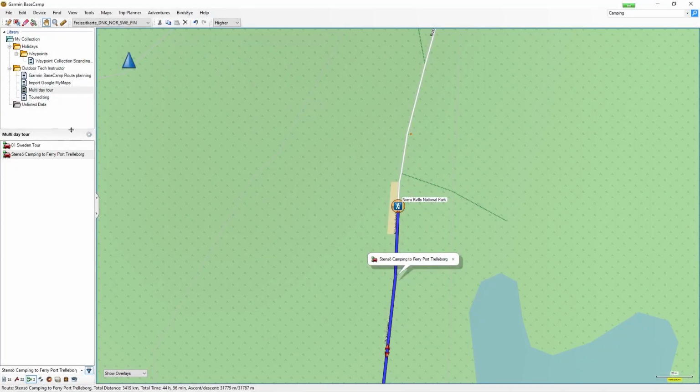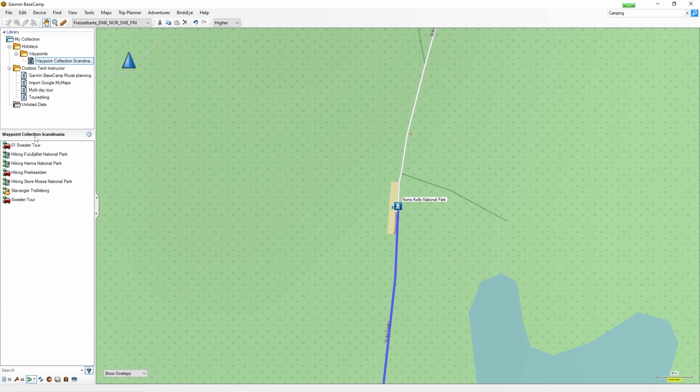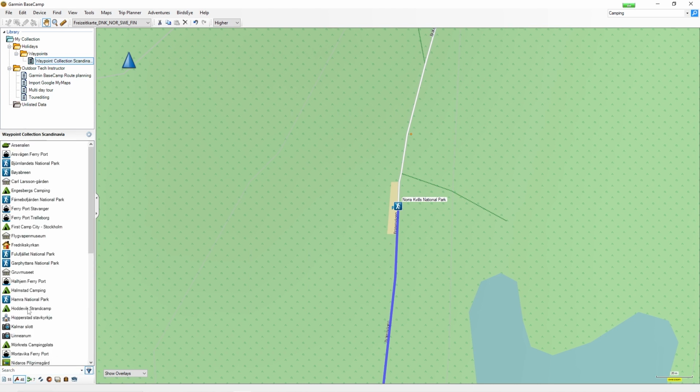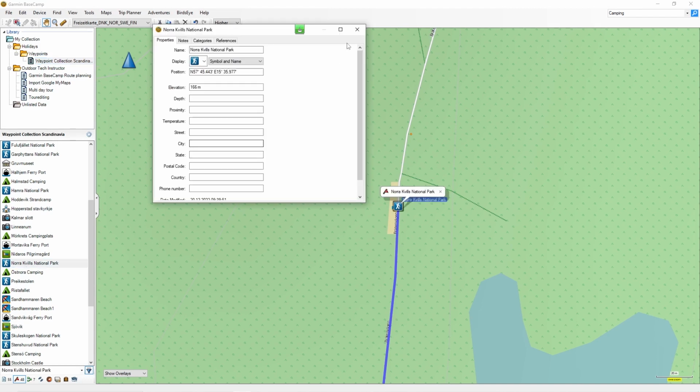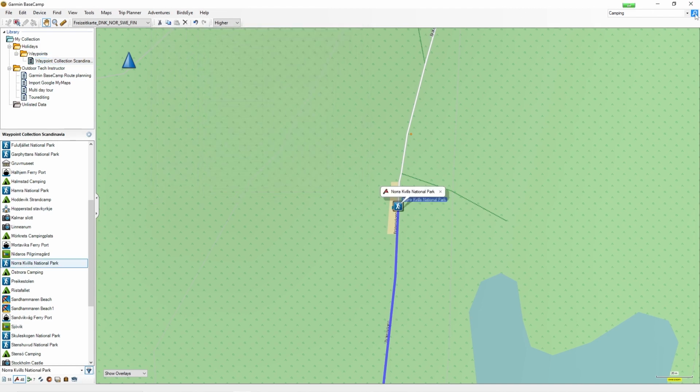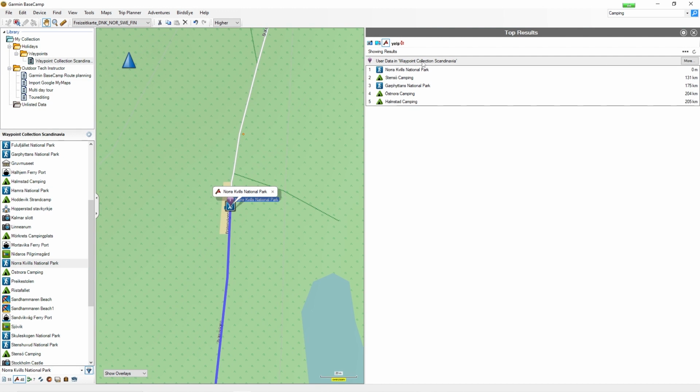I continue my planning for the second stage. The next day's destination has already been found. Again, I check whether I can spend the night here. This time, the day's destination can also be found in the camping category and I can cut directly behind the